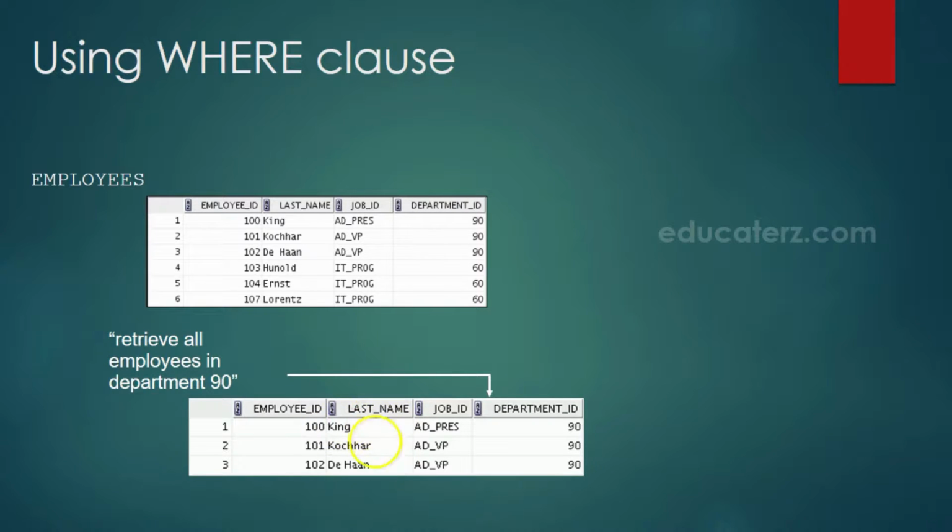The result will be shown in this slide. We have employee ID, last name, job ID, department ID as the column names, and you see the department 90, 90, 90. We are limiting the rows only pertaining to department 90. We are retrieving the records belonging to department 90.